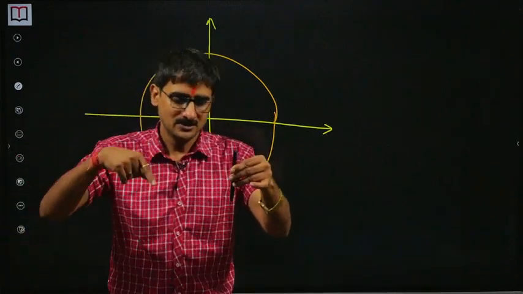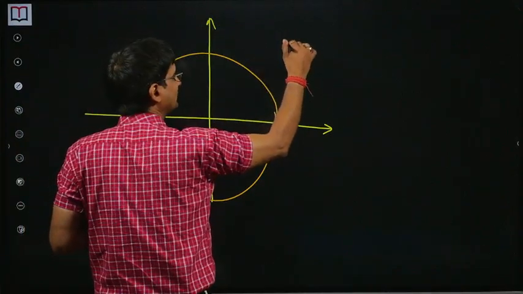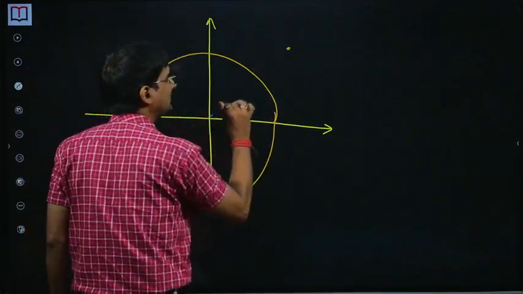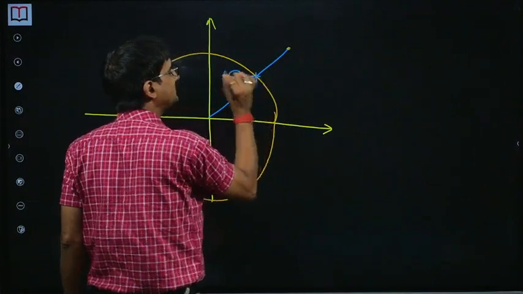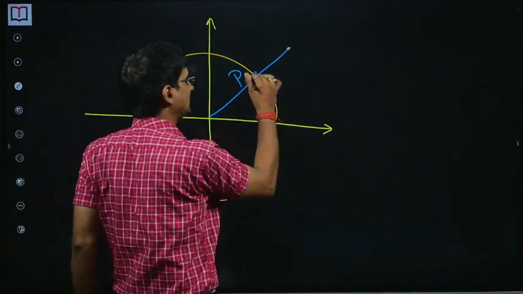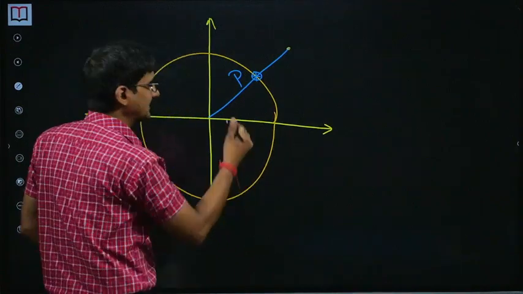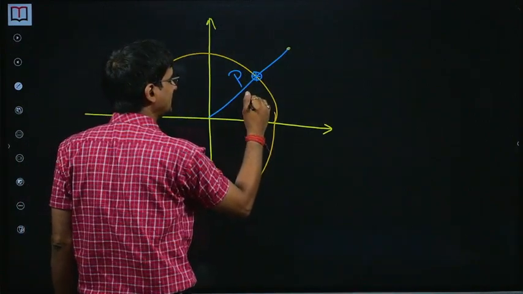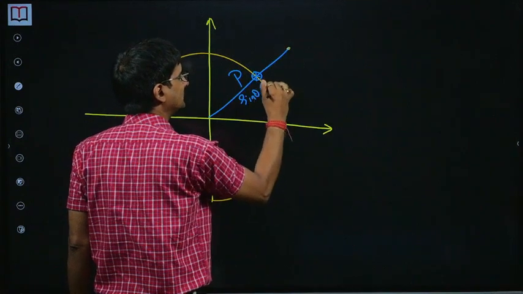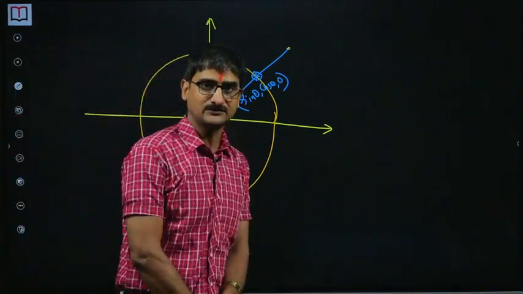Now see, of course, from which point? If this is the line somewhere, and from this point the line passes, then I will keep this as the point P here. So for me, this is the point P. Now since the circle is x square plus y square is equal to 1, I can take my point here as any point, let's say alpha, beta, or maybe in parametric form, sin theta, cos theta, and 0, of course, since it's on the xy plane. So that's the point on the circle on the xy plane.